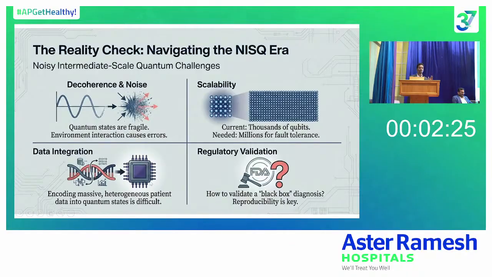Data integration is another one: integrating all the data we have, derived from classical computers, with quantum computing is something we still need to sort out. And the final thing is something known as the black box. Say if you have an aeroplane and it crashes, you might have heard that we collect the black box from it. A black box is one where no information goes out of it or comes inside it.